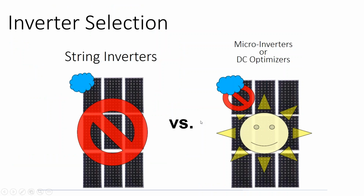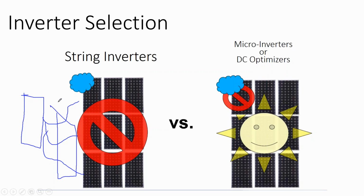The string inverters of years past only had one power point tracker. So you have a string inverter, and maybe you have 3 circuits of solar panels. But those circuits would be combined before they hit the inverter. So you'd actually only have one cable coming into the inverter. Many inverters nowadays, and especially the higher end quality inverters that you're going to want to use,